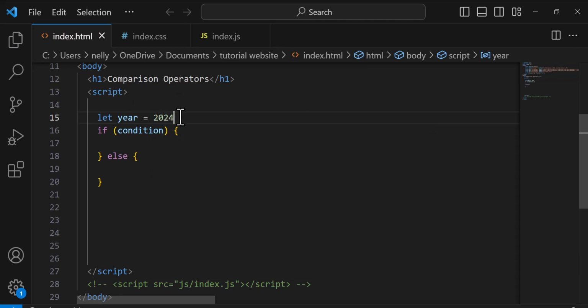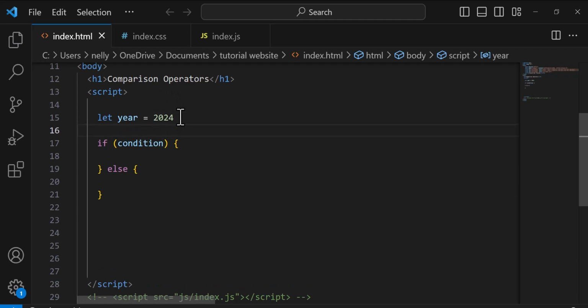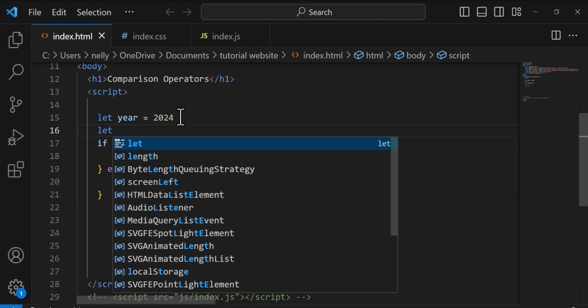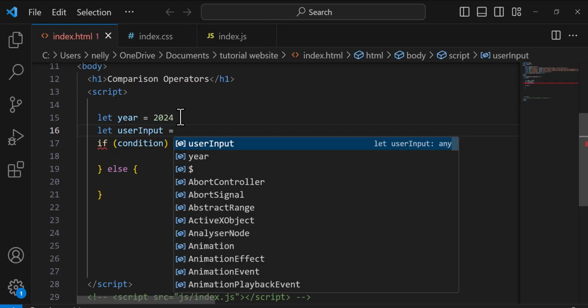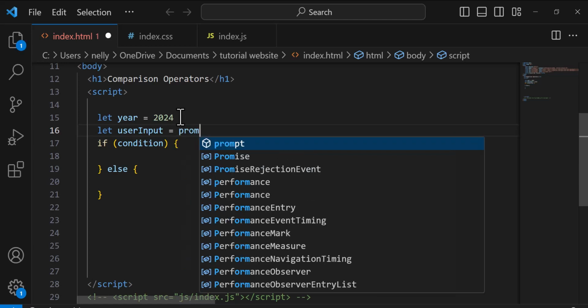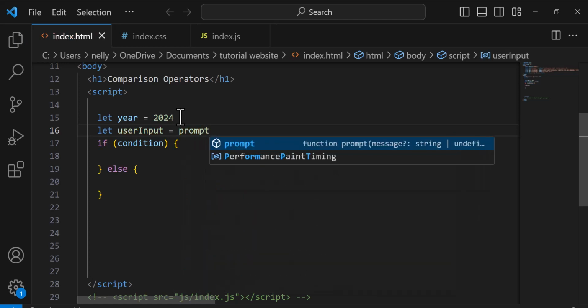Now let's ask the user a question with a simple code. The question will be prompt. Prompt is a method or function that is used to get input from the user. So prompt,